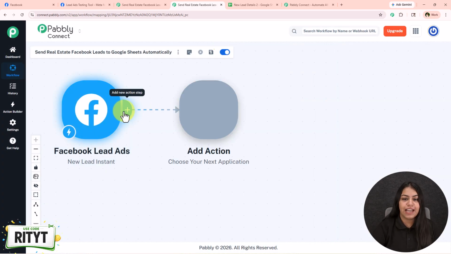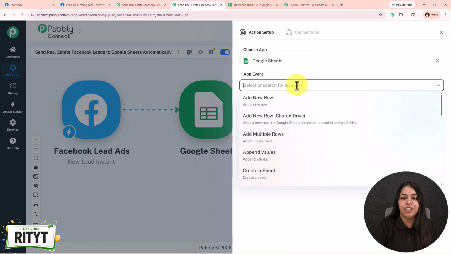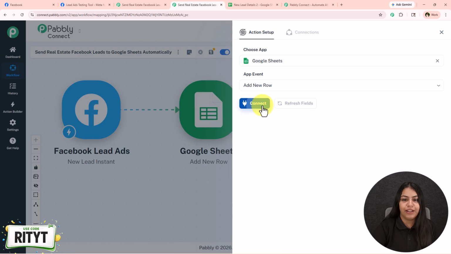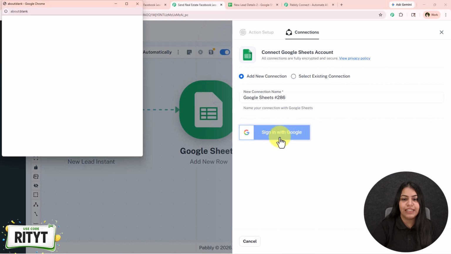For that, click on this add new action step. For the action application, select Google Sheets. For the event, you have to select add new row and click on connect. Now if you've already created a connection between Google Sheets and Pabbly Connect, then click on select existing connection and then save. But if you haven't, follow me, click on add a new connection and then sign in with